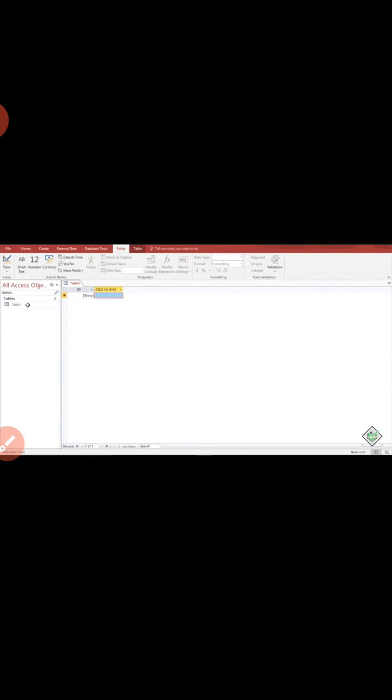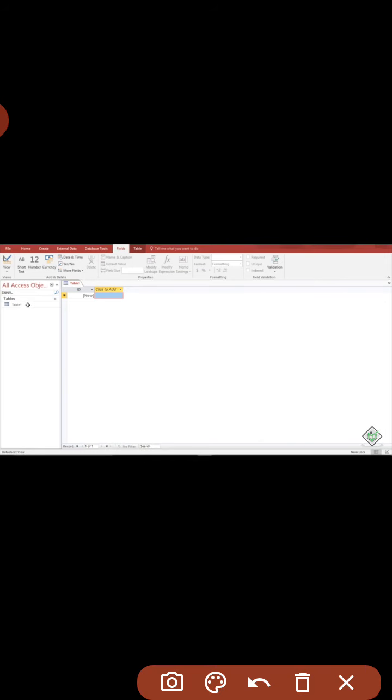After doing this, we get this interface. Here, the left hand side pane is called the navigation pane. This portion. And here, many options are given for your database.